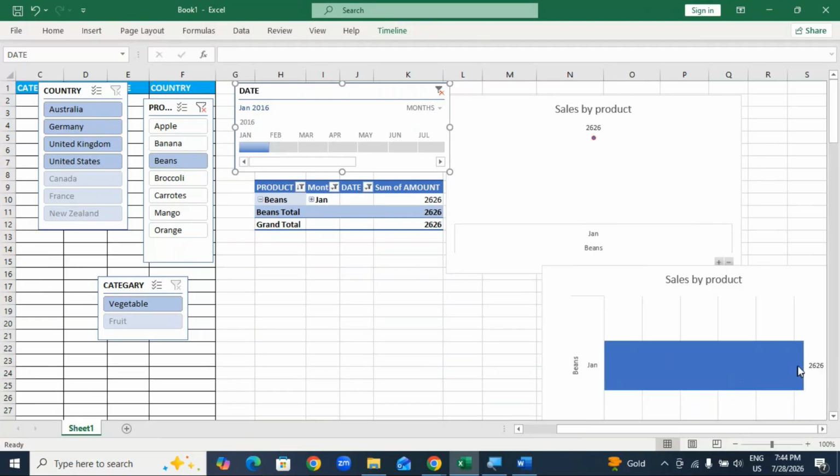Here also, here also, here also it's showing. So that's a vegetable category. That's why fruit has disabled. We didn't export the beans to Canada, France, New Zealand. That's why all these options are disabled here. Okay, but I want to see in the Jan month only the beans product, only for